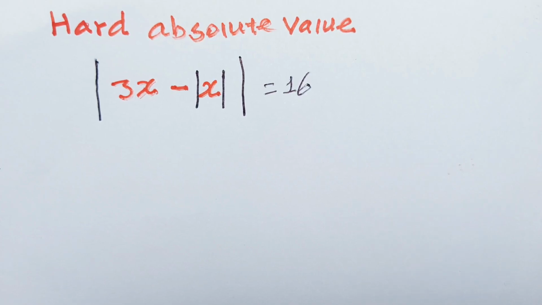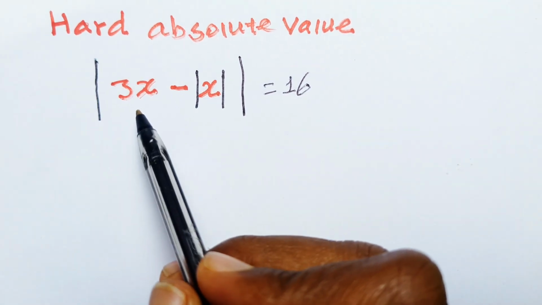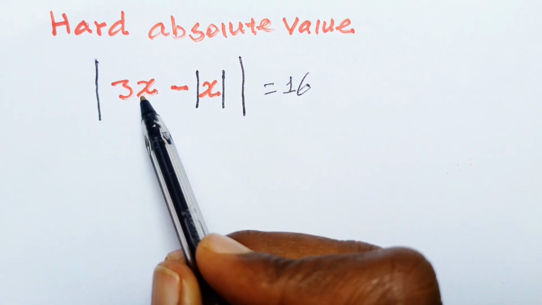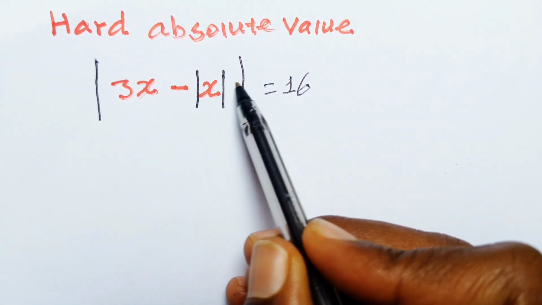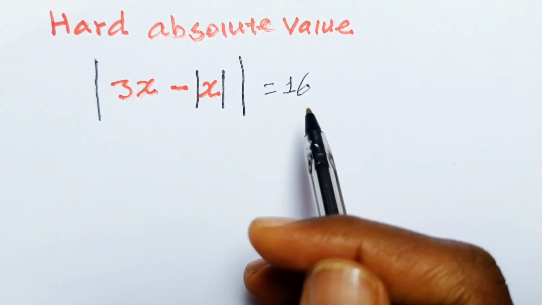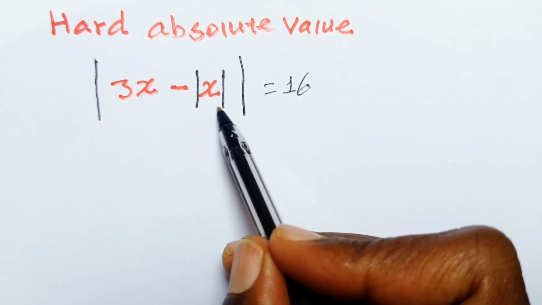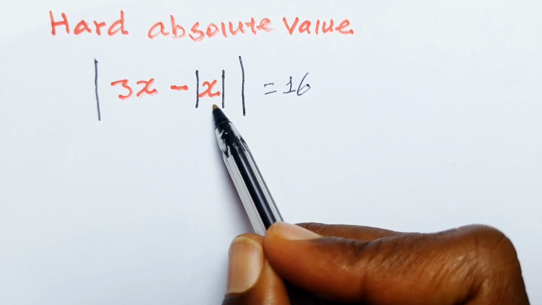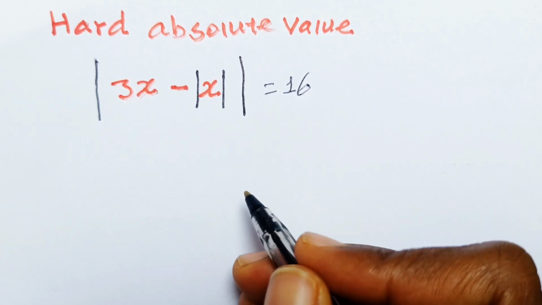Today we have an absolute value question. It may happen: the absolute value of 3x minus the absolute value of x, the whole absolute value, equals 16. So if there is an absolute value inside the absolute value, there are two cases. One is